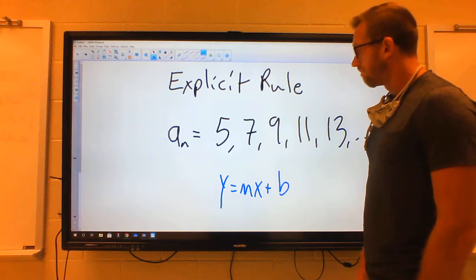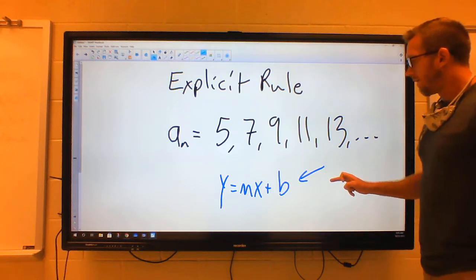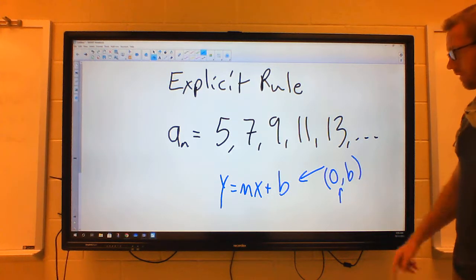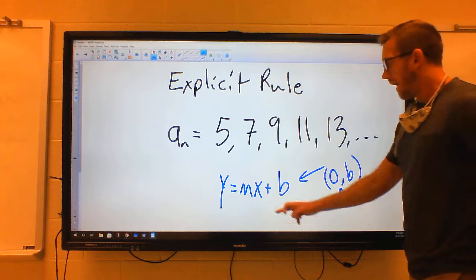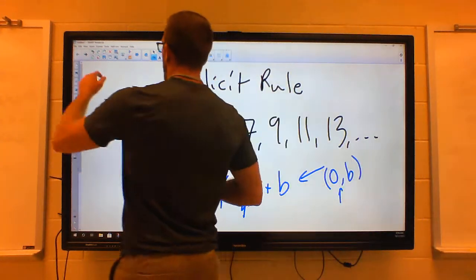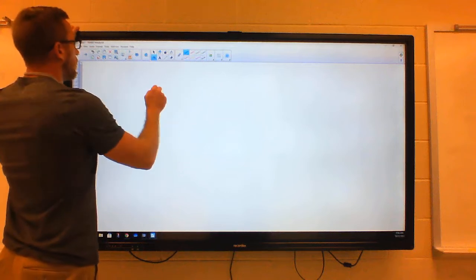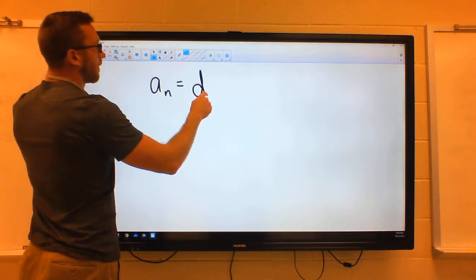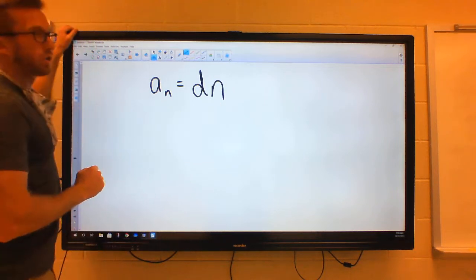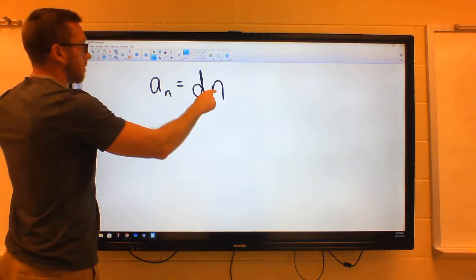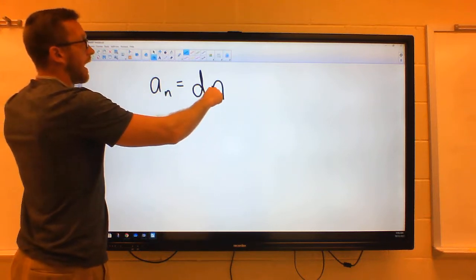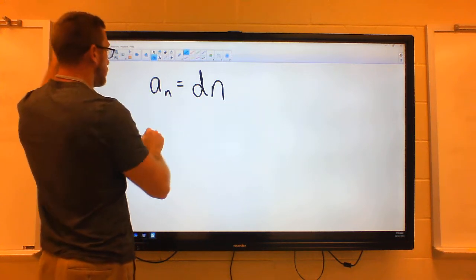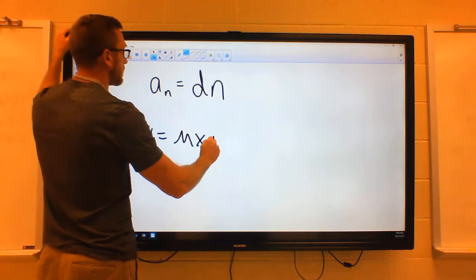And just like with linear equations, we can write the equation as y equals mx plus b, where b is our y-intercept or zeroth term in our function, and m is our slope. We can do the same thing with our explicit rule, where it can be written in terms of a common difference times n, our input variable. a_n is our output variable, n is our input variable, and this is our common difference, similar to our rate of change. So just like we have y equals mx plus b,